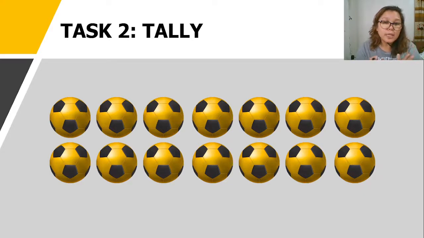But while doing the tally, the stick should be grouped para madali na ang pagbilang. Okay, what I mean is just like this. So this is the first object, so this is 1, so 1 stick. So for every object, 1 stick will be the equivalent. Okay, next, another ball, and then another,